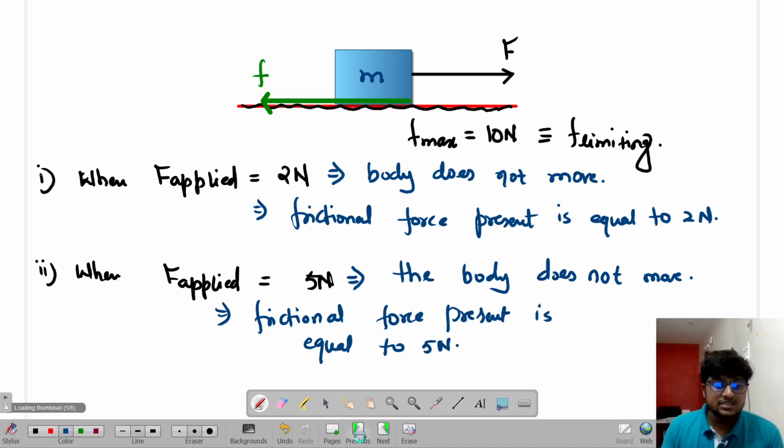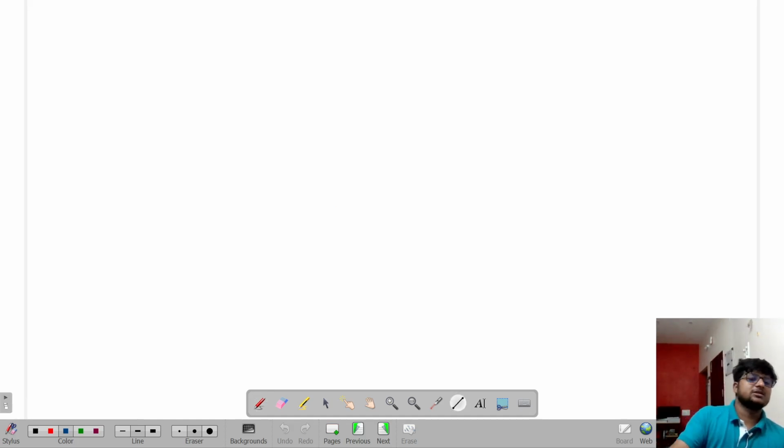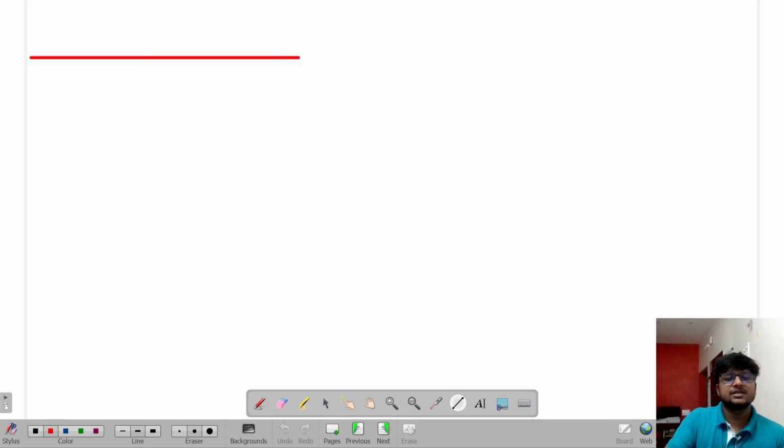So this is the conclusion of friction. See, there is a maximum limit that is going to be present in certain situations, and we can be sure of that. But when my F applied is less than my limiting friction, means less than my maximum value of friction, then the body self-adjusts this opposing force according to the external force, and body remains at rest. This kind of friction, which is self-adjusting in nature, is called static frictional force.